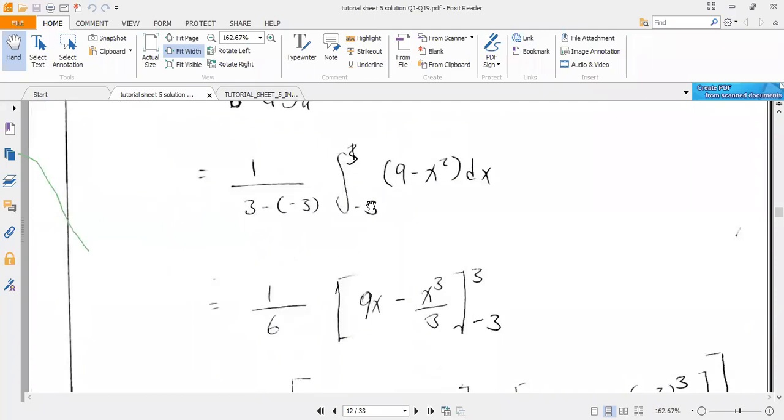Now, when we're integrating from -3 to 3, the integral of 9, since 9 is just a constant, we just put a variable x there. So it will be 9x minus, then here again we have x to the power 2. The integral of this guy,